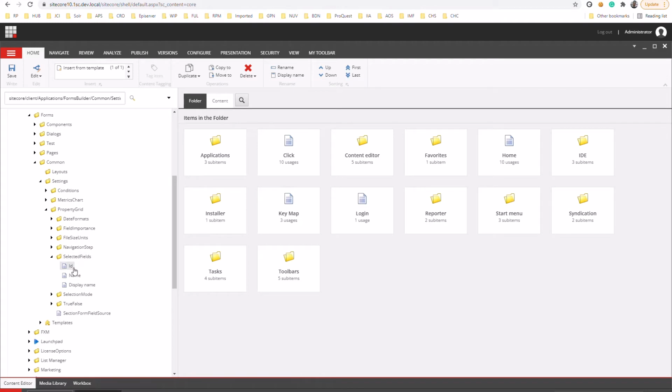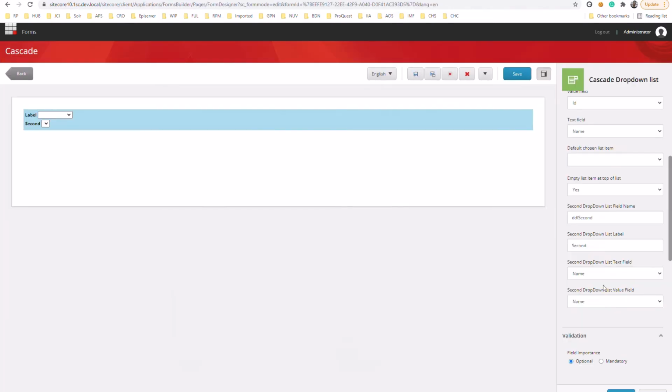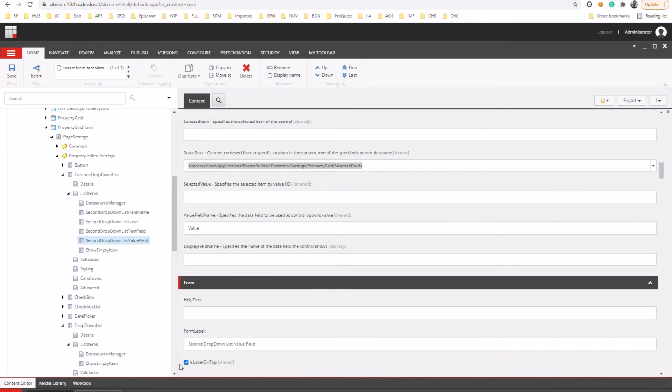And I have added three items here, one for the ID, one for the name, and one for the display name. You can see that I have provided the value underscore display name here, underscore name for this one, and underscore name for the ID. So I have set these selected values for the drop down list to allow the user to select them. And I have already shown you that for this control you need to bind the static data.